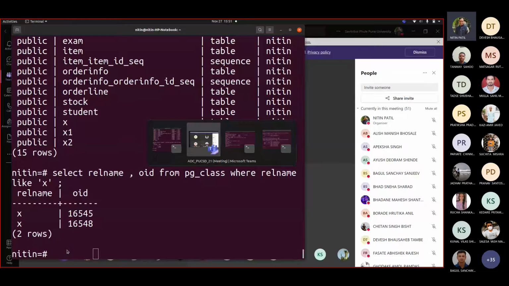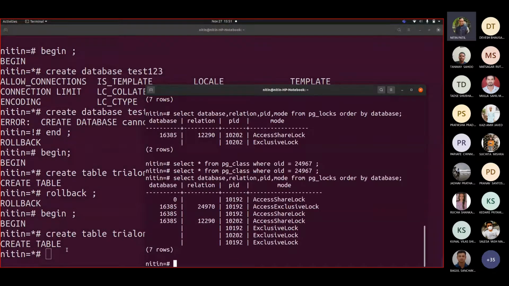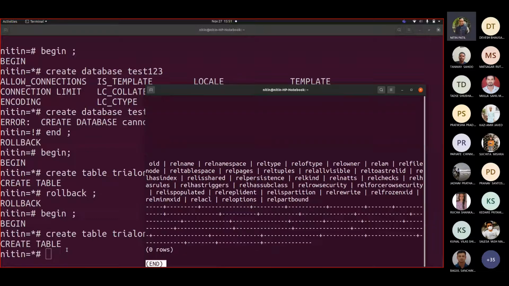Create table is fired, so let us see the entry. The entry is 24970. So still it says it is not saved. But then how exactly was it applied?